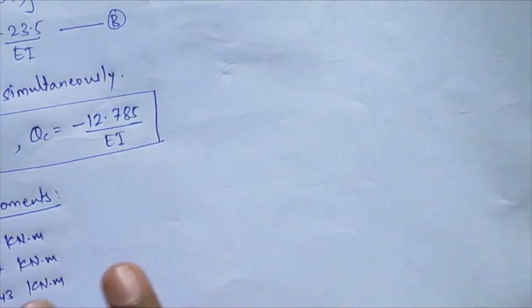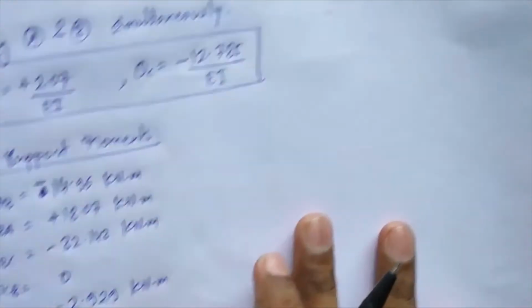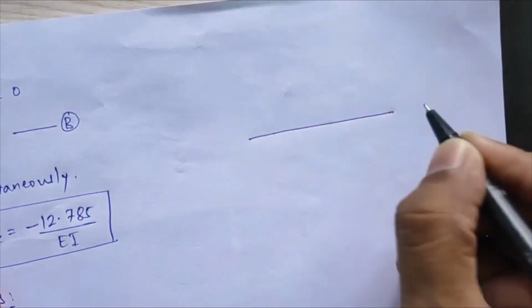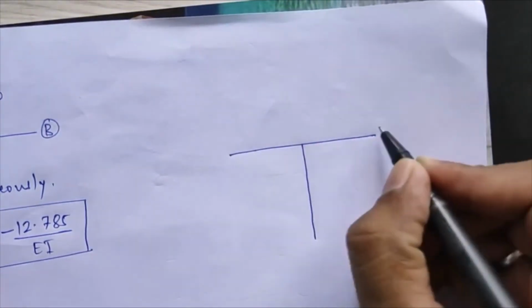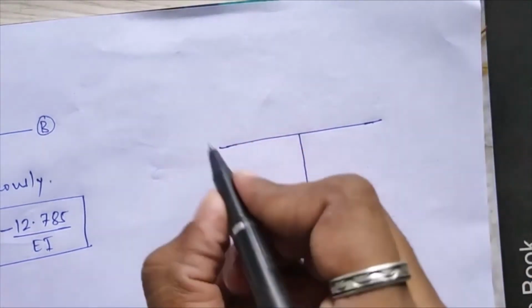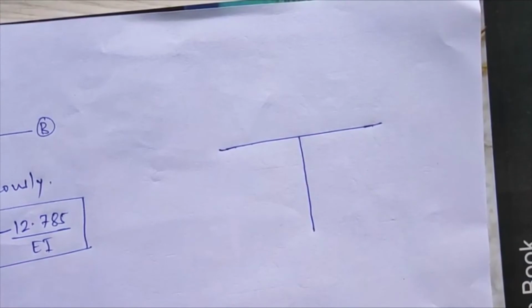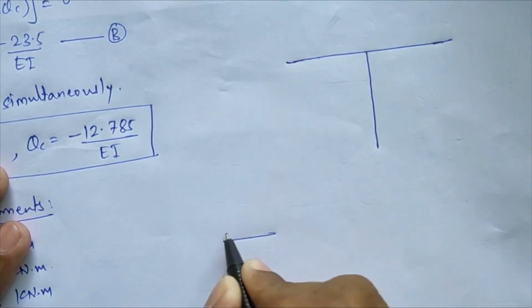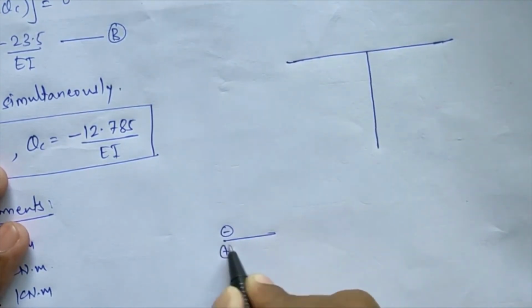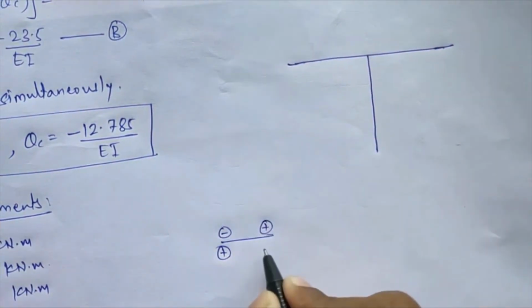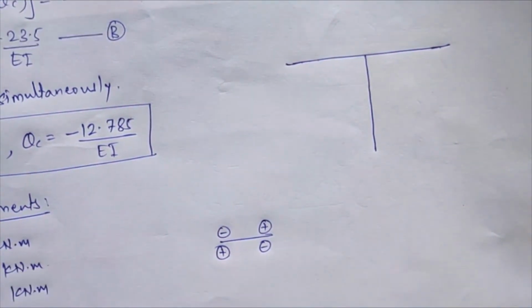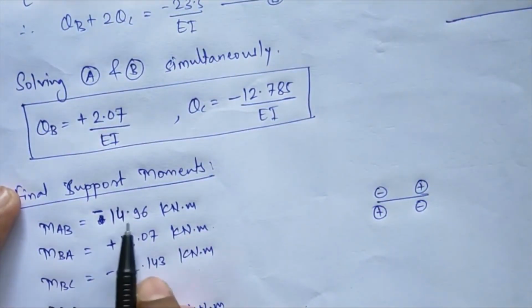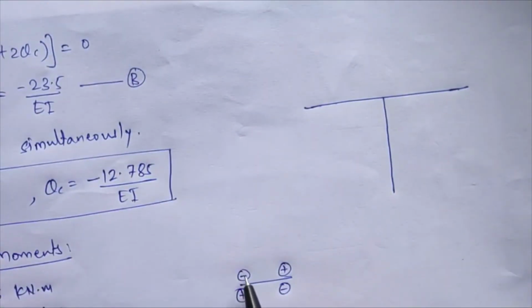You have to plot the bending moment diagram using these values. For plotting the bending moment diagram by superposition, I will first draw all the members, with joints A, B, C and D. We have sign conventions: if your moment is negative, plot it on the upward side; if your moment is positive, plot it on the downward side, and reverse this condition at the next interval joint. We'll see the first member, member AB. I am getting minus 14.96 for member AB, so it is negative and will be plotted on the upward side.